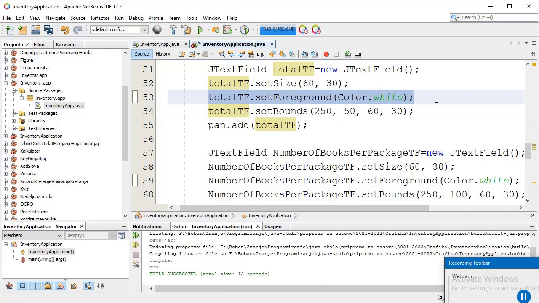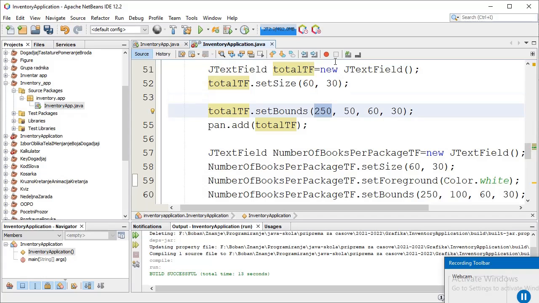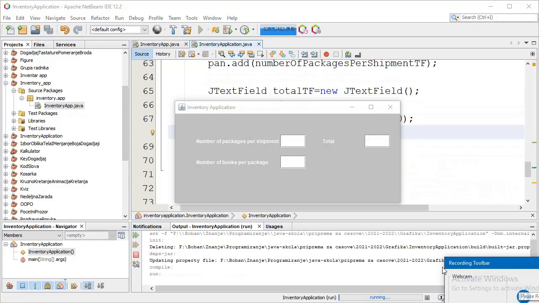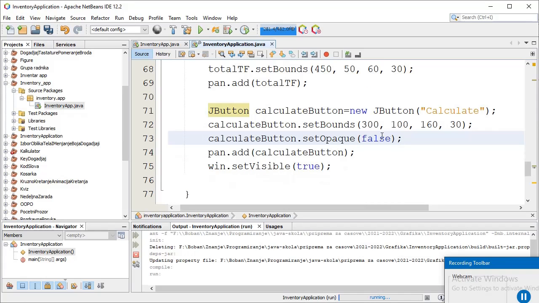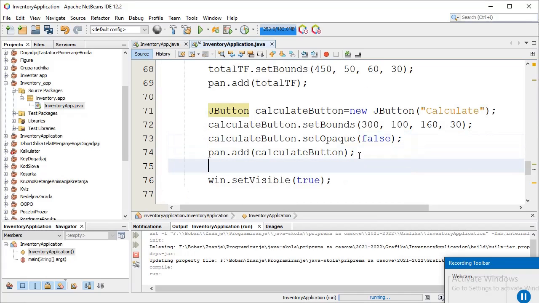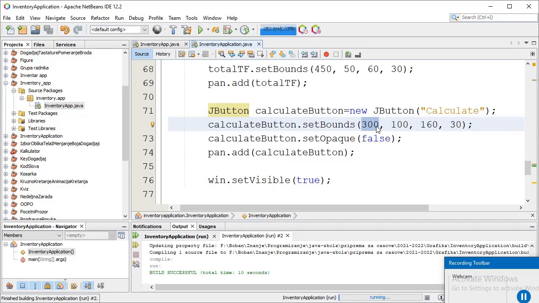This line of code I don't need. I will change the x coordinate to 450. Okay, I will add a JButton object. The x coordinate for that object needs to be 350.